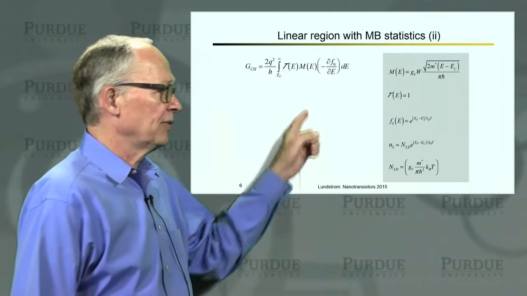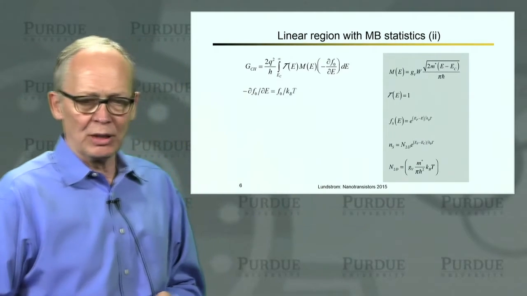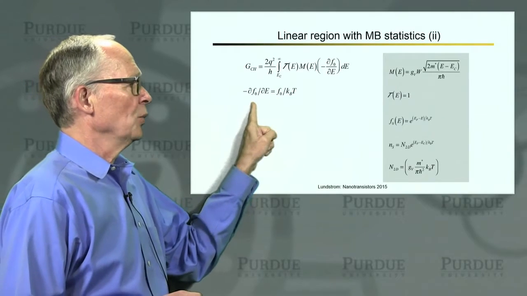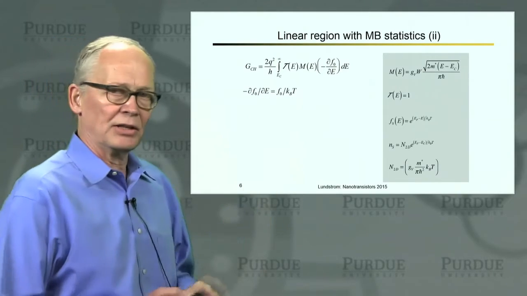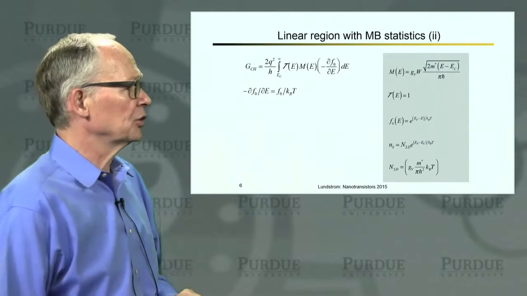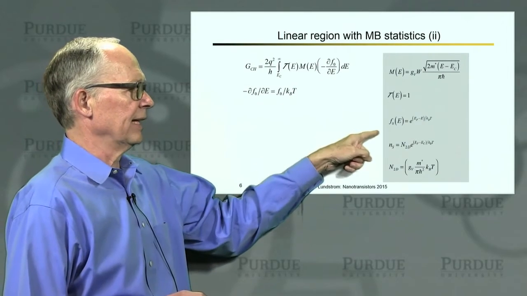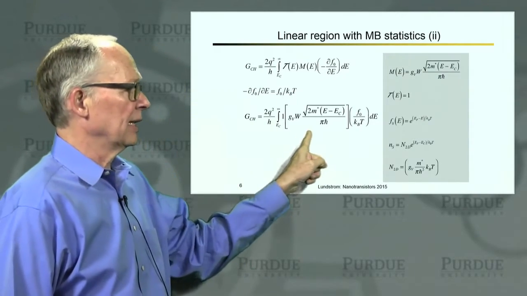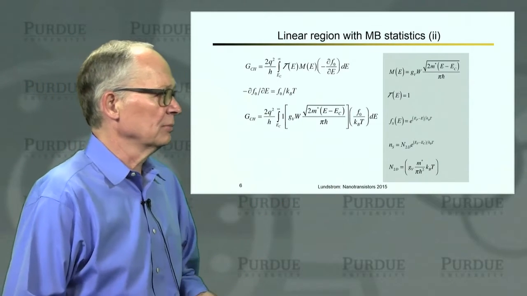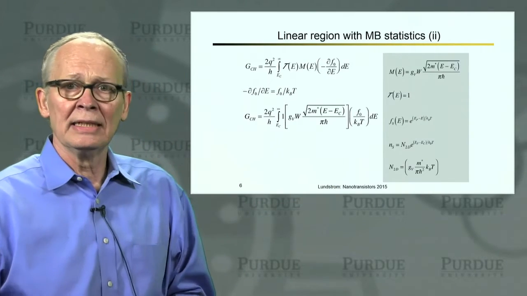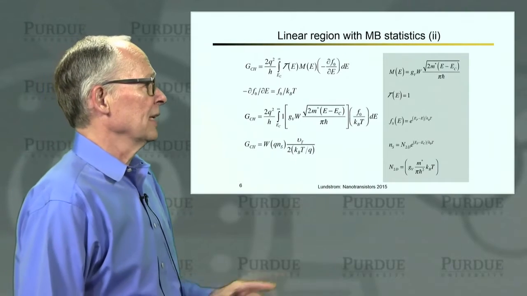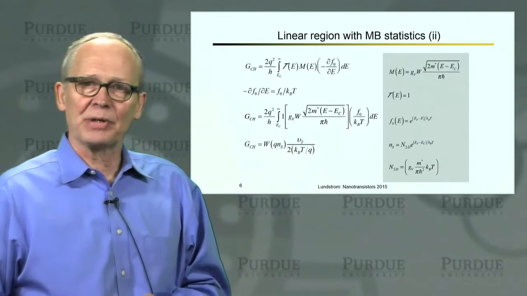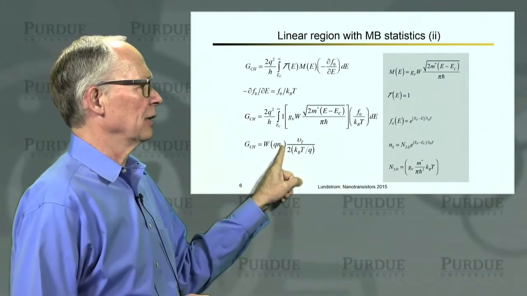Okay, so let's evaluate this integral. We know everything in the terms. We can take the derivative, evaluate the Fermi window function. Since it's an exponential, it's easy to take the derivative. We can then plug everything in the expression for the integral, assuming the transmission is 1. We can work the integral out. If you do that, this is the expression that you will get. This is the final result.